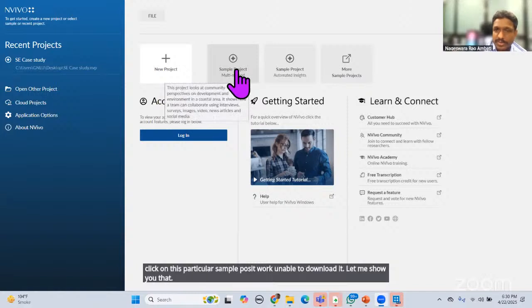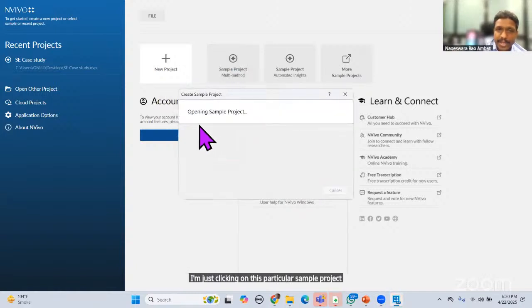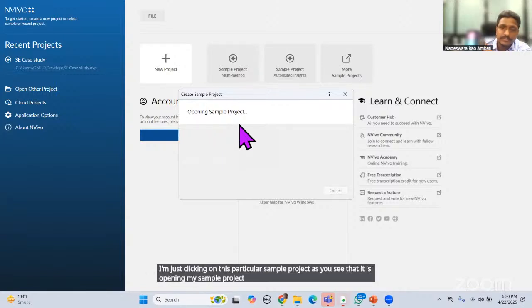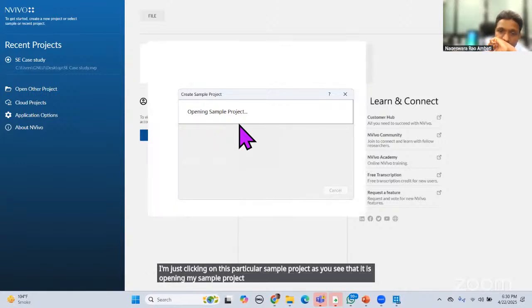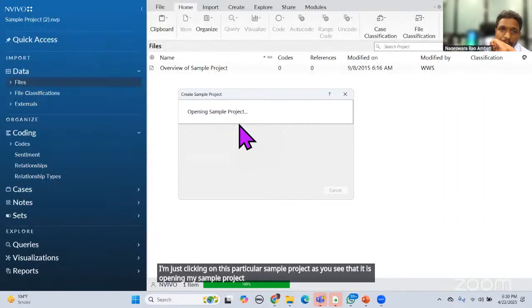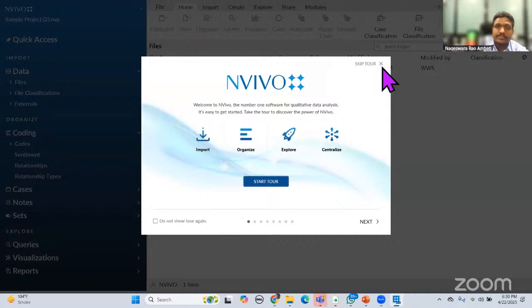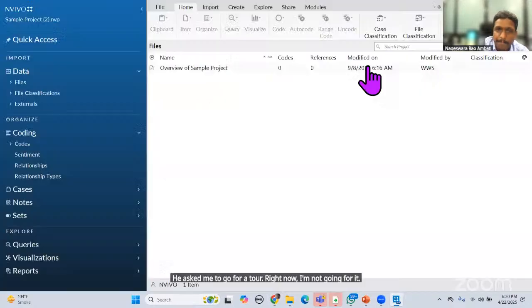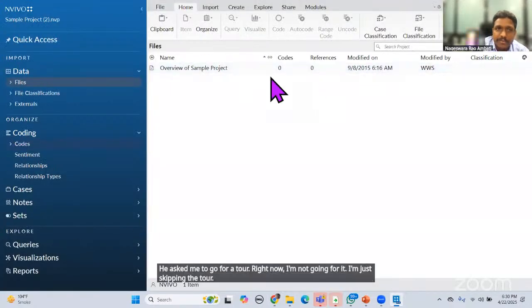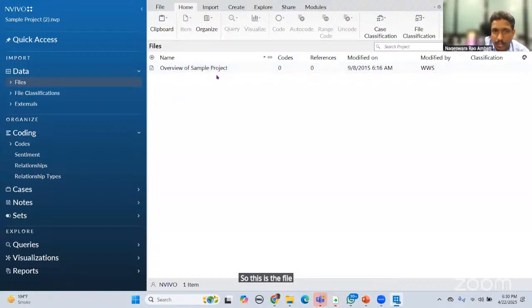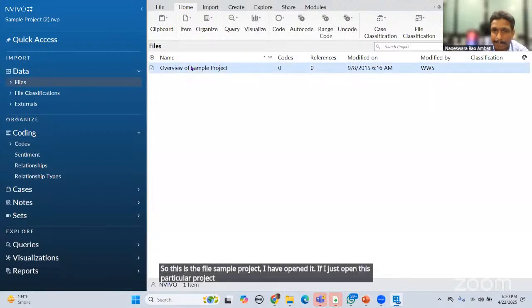I'm just clicking on this particular sample project. As you see, it is opening my sample project. It is asking me to go for a tour. Right now, I'm not going for it. I'm just skipping the tour. So this is the sample project file. I have opened it. Okay. If I double click on this particular project,